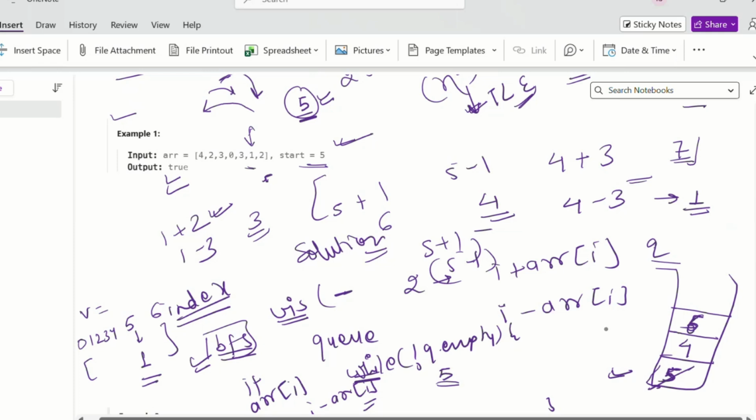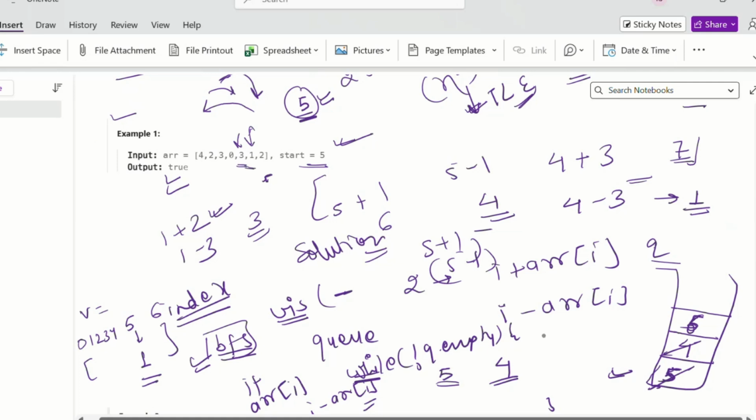Then, since our queue is not empty, we again pop the front element. The front element is 4. Now we check the value at the 4th index. It is 3, not 0, so we solve it further.